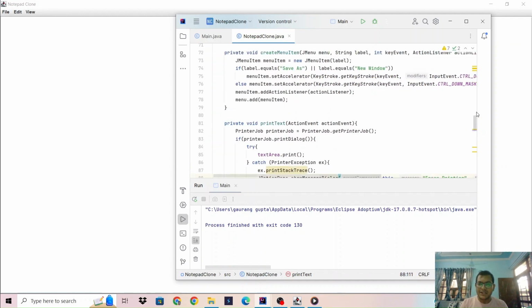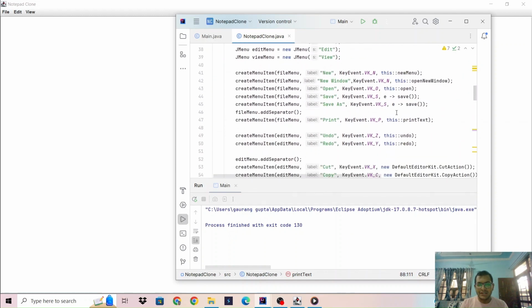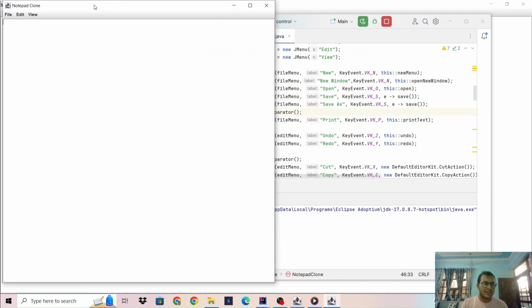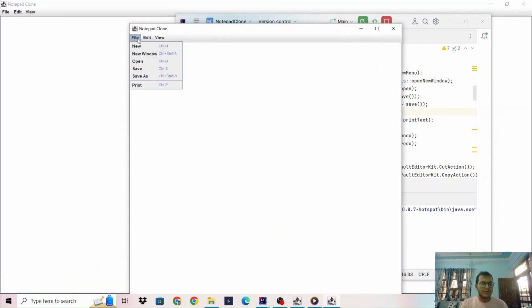So now our print functionality is also complete. Let's run it and see what we have now. So we will run it. Here is our window. Here you can see in File we have all the options. In Edit, we are now left with only one functionality, which is the replace functionality, and we have also one more functionality which I just forgot,